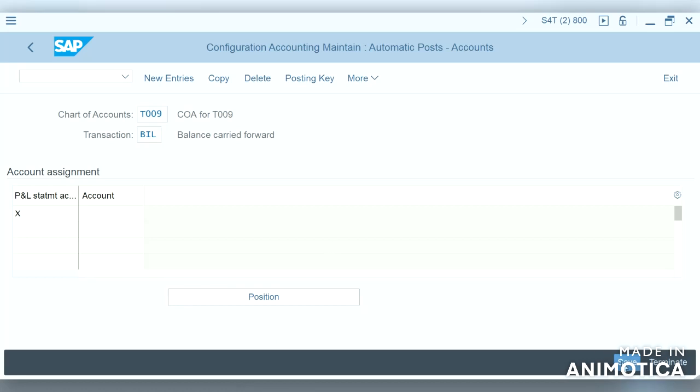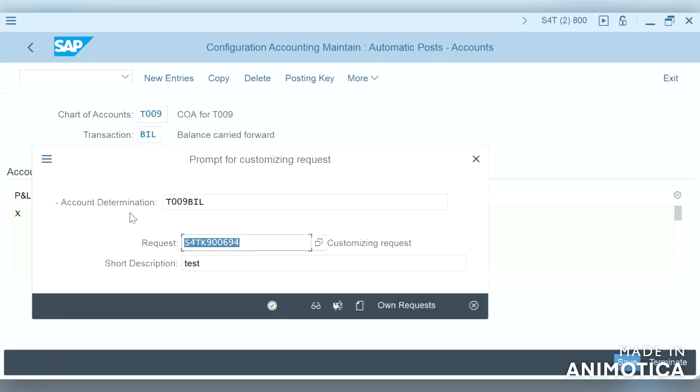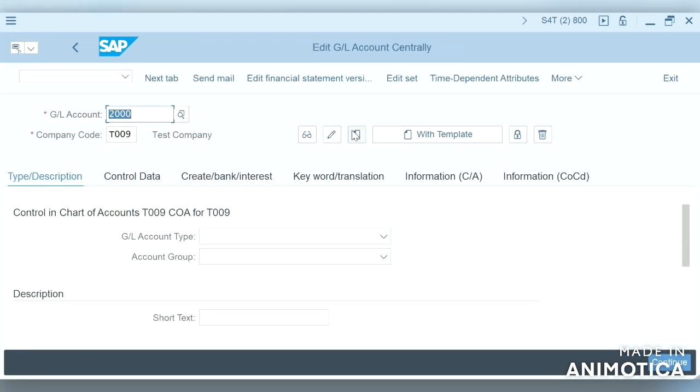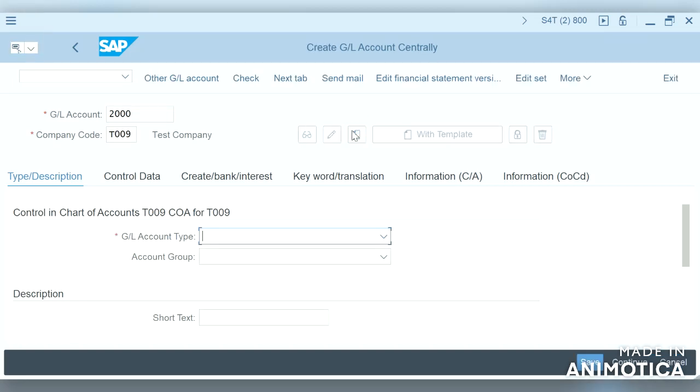Let us now try to save this configuration. Enter account. So it's a warning message. We will create the account later and we will assign it here. Now let us try to create the GL account. So now we will check, click on create.